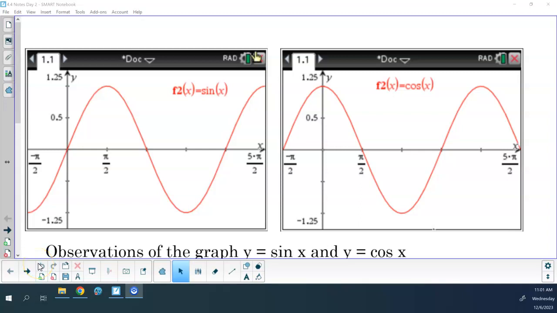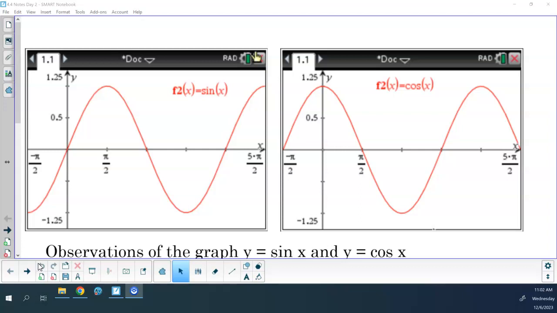Right, so notes today on sine and cosine graphs. So we'll talk a little bit here first to start about some observations that you should have gotten from your sine and cosine graphs when we graphed them last week, Friday. So if you wanted to have out your sine and cosine graphs that you made on Friday, you can definitely have those out as kind of a reference of them. Okay? So